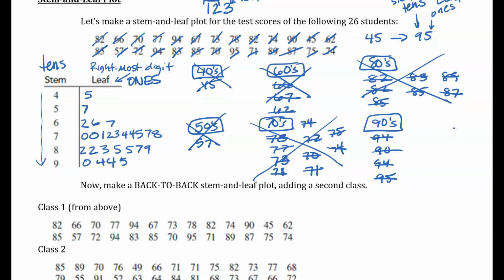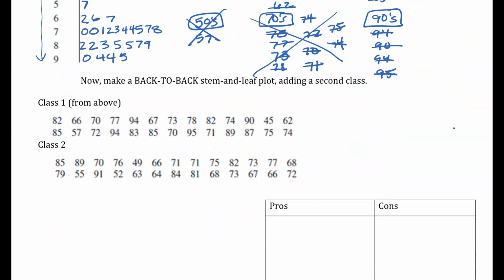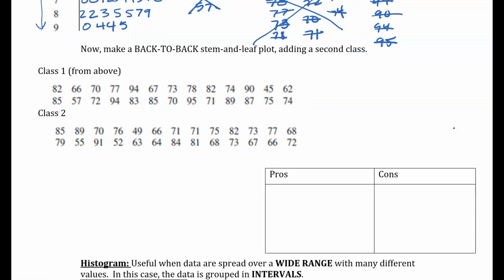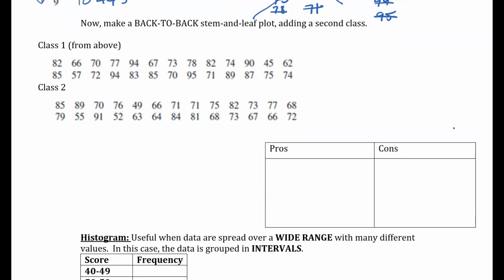So let me just scroll down here. We're going to do a back-to-back stem and leaf plot. Actually, let's do that first, and then we'll do the pros and cons, so that way you guys can see the difference. With this back-to-back stem and leaf plot, it's a very similar process as before. I'm not going to do each category, but I'm just going to show you how it would look. I'll explain it first, and then if you want to, stop the video and do it on your own and then check your answer, that would be helpful. So for a back-to-back stem and leaf plot,